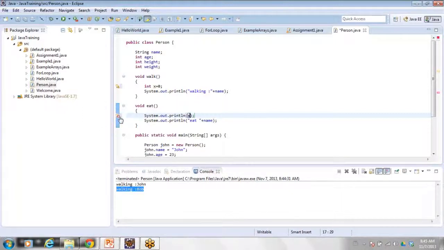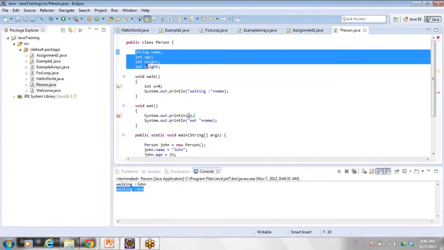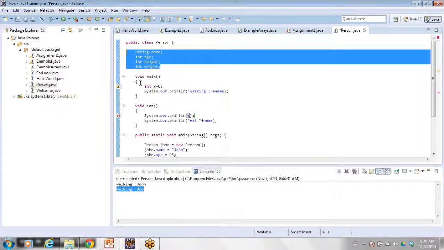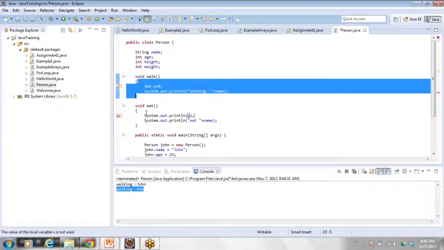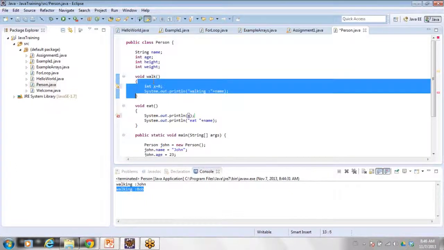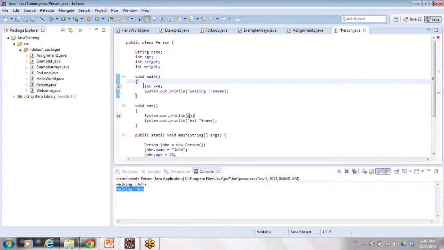So it says x cannot be resolved to a variable. So it doesn't know what this x is. But if you use the name over here, it knows the name because it is defined at the class level. The scope of the variable that is defined at class level can be accessed in member functions. So if you define a variable inside a member function, the scope of the variable is up to that member function only. It cannot be accessed outside the member function.